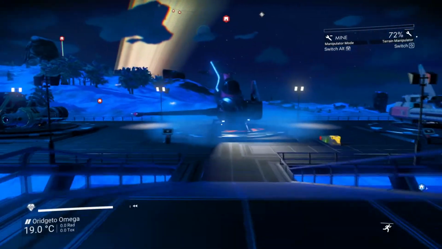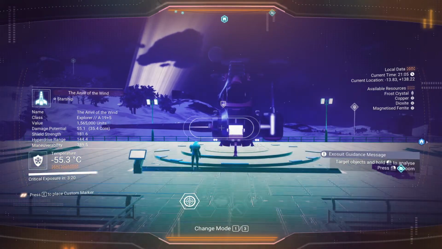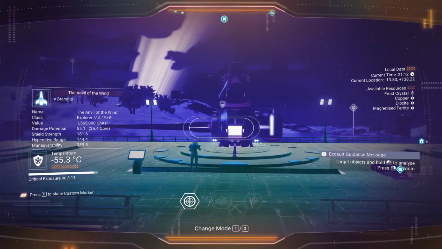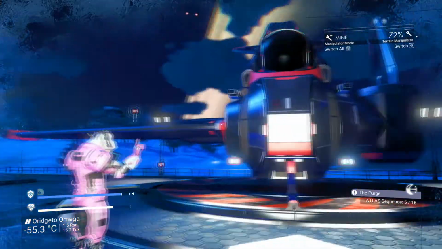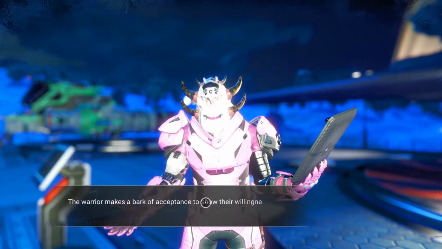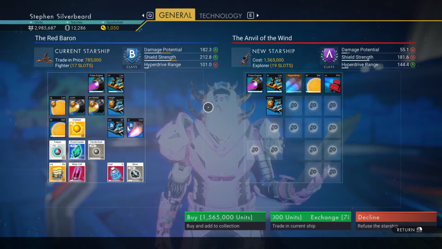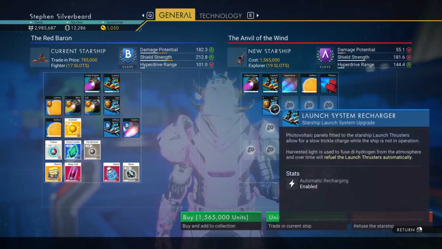Ooh, what have we got here? Right. A-class explorer. Oh, 1.19 slots. It's worth 1.5 million. Oh. I want to take a look at this, although I'm not a big fan of this side wing because it makes landing a little bit difficult, but I just want to check your ship out for you. Make an offer on the ships. I want to see, negotiate price. So it's got 2 more slots than what I've got at the moment. It comes fitted out with the...